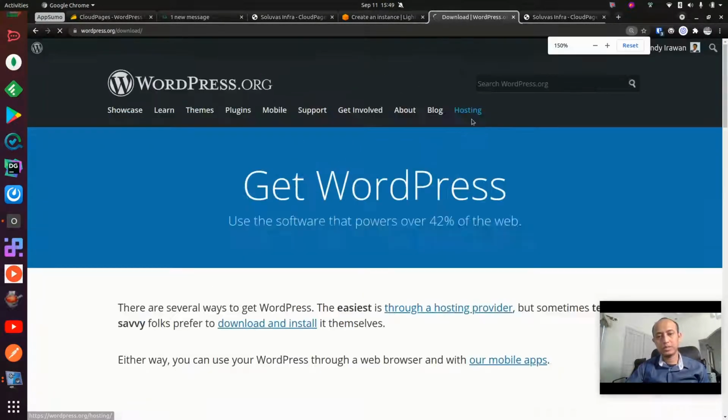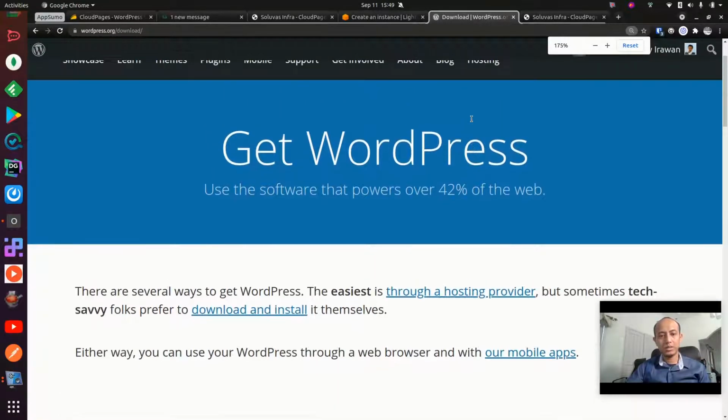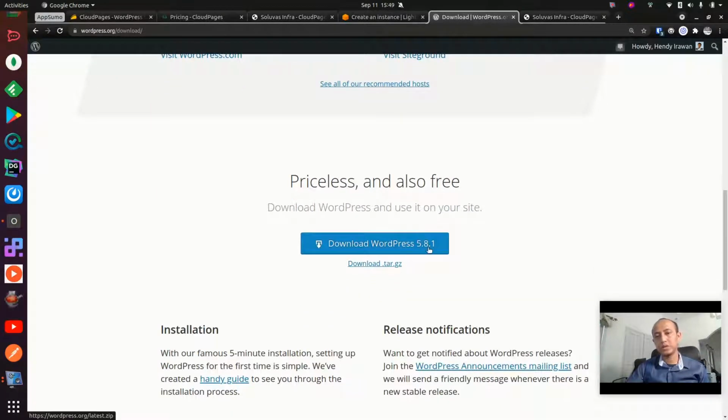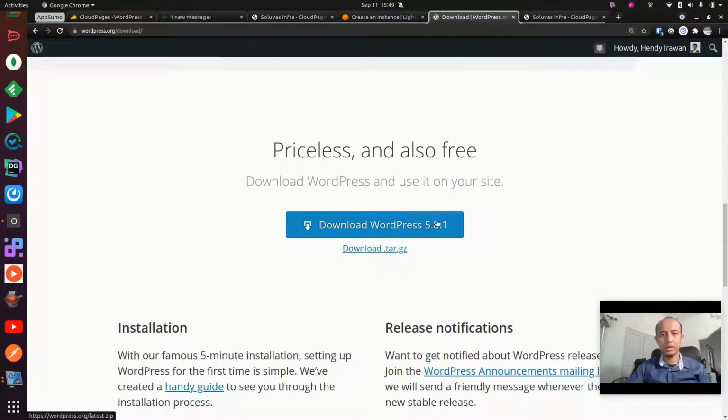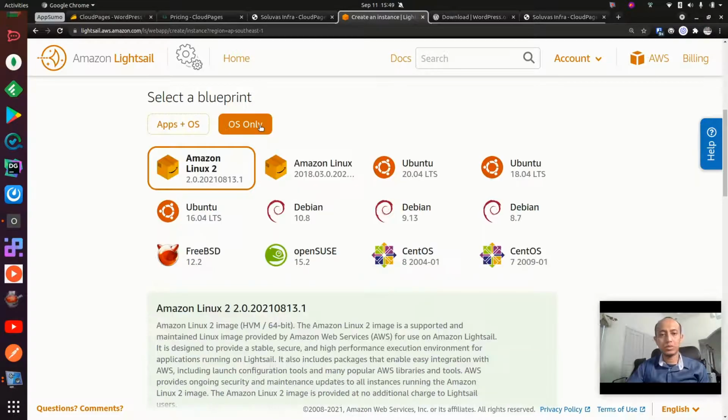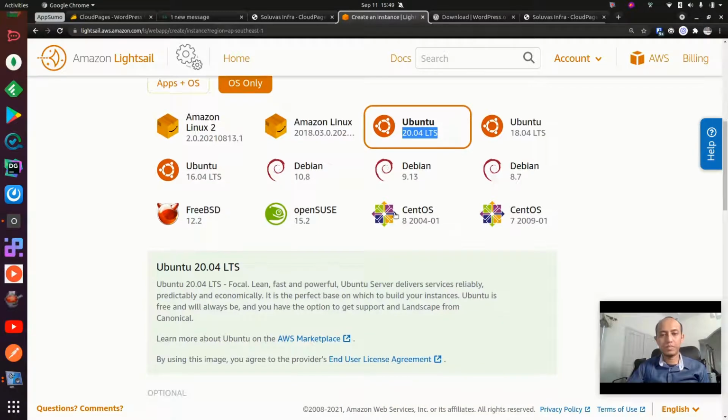Get WordPress, you'll notice that the latest version now is WordPress 5.8.1. So if you're using this blueprint, you are a little bit behind on the version. So that's one thing. And after that, you will not get support for the management of this WordPress instance. So this is one thing that you will be getting much easier by using a server management tool like